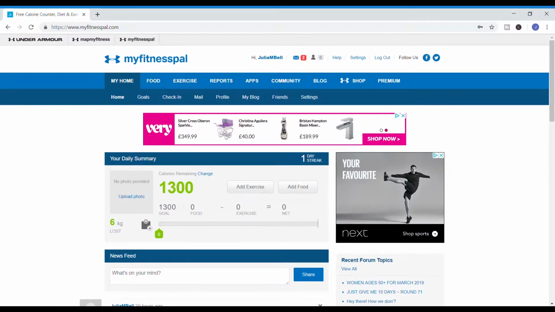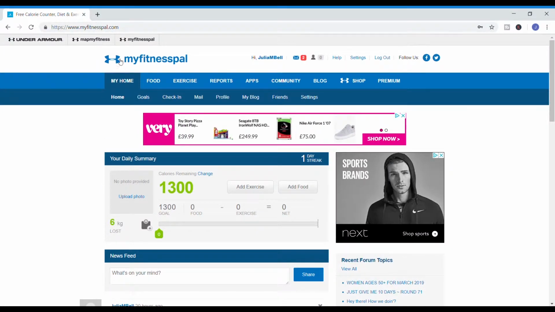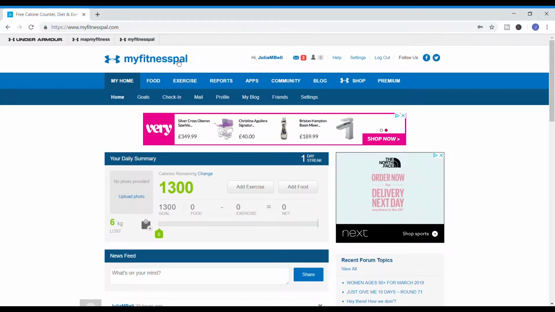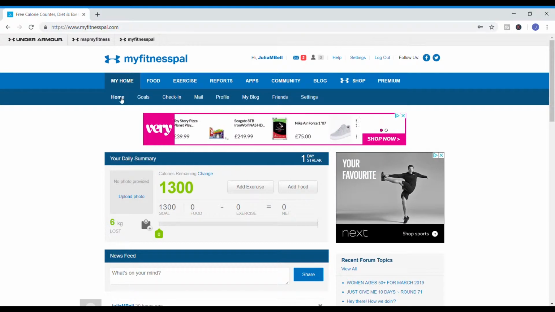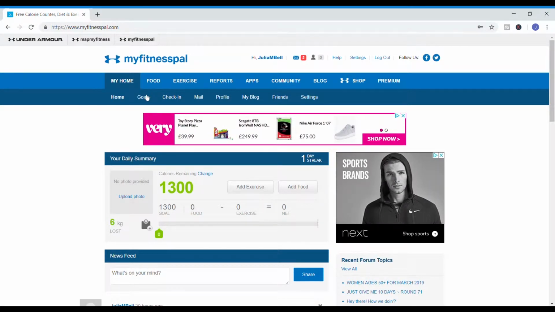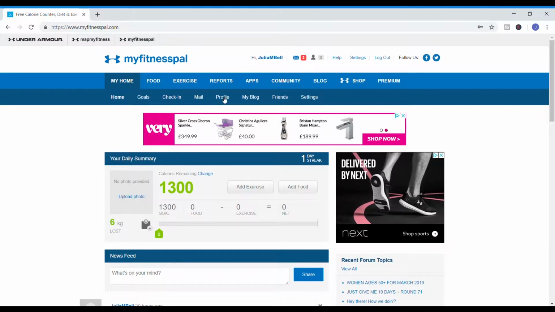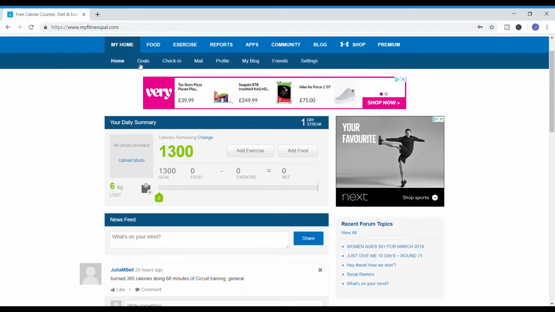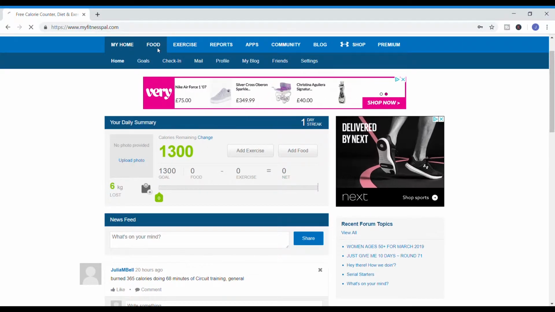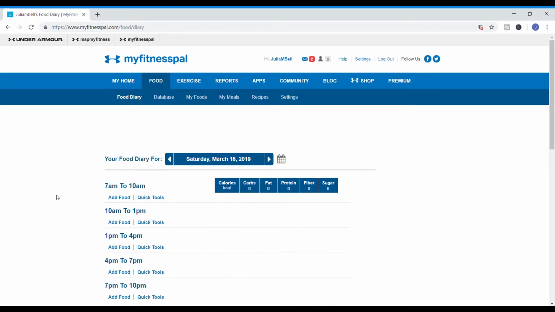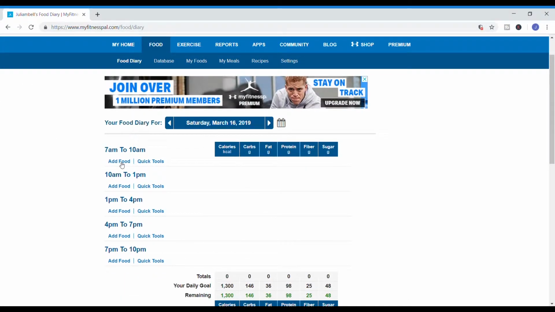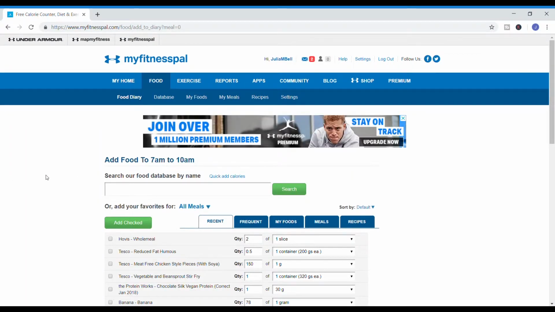So this is the MyFitnessPal desktop. It's your home screen and it has everything on there with your account and settings and logout, etc. You've got the home and goals and check-in tabs along the top here with the settings tab, and you can add in your food directly here, depending upon how you've got it set up. I've got mine set to days, times of day: 7 AM, 10 AM, 1 PM, and